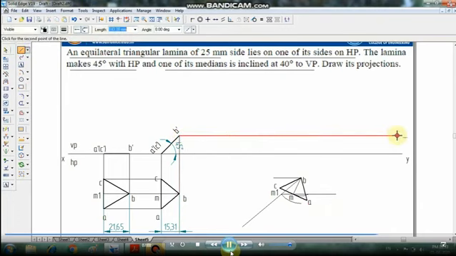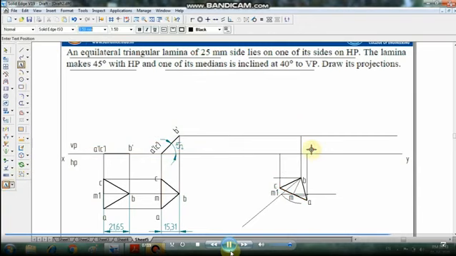Now draw the projection lines from the bottom, that is from the top view, towards the front to meet C with C dash, A with A dash, B with B dash. Now we can mention the front views of it with the dash, A dash, B dash, C dash, and join with the line.